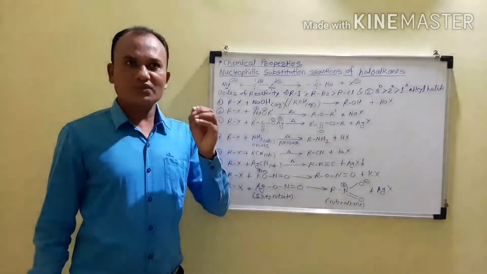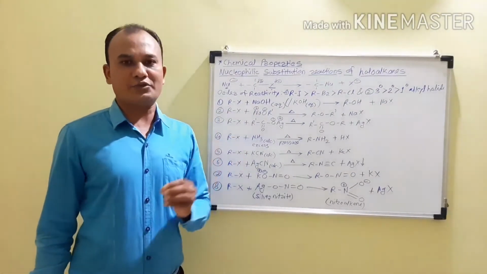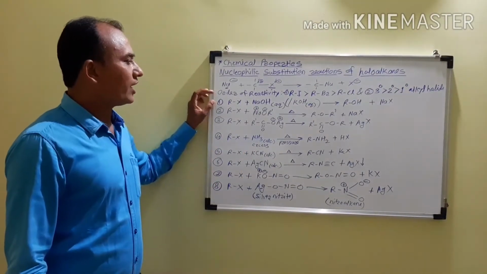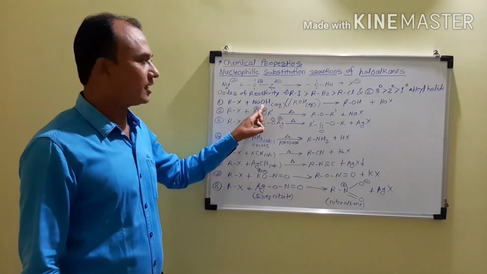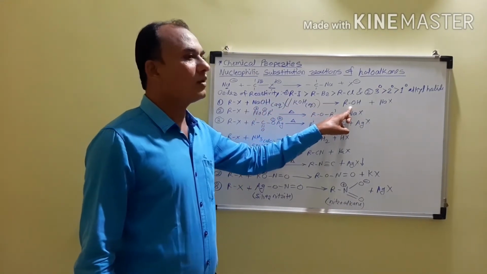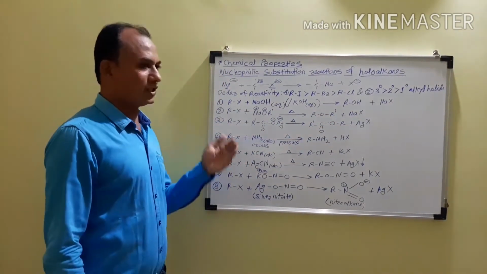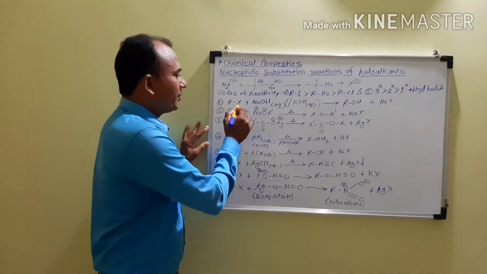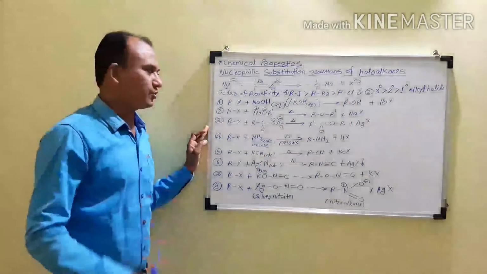Now we are taking some general reactions of alkyl halides, which are nucleophilic substitution reactions. The first example is when alkyl halides react with aqueous sodium hydroxide or aqueous potassium hydroxide, it gives the alcohol, and then there will be a formation of salt. It is a nucleophilic substitution reaction. How can we explain this? First, there will be a replacement of halogen by the OH group, and therefore it is a substitution reaction.